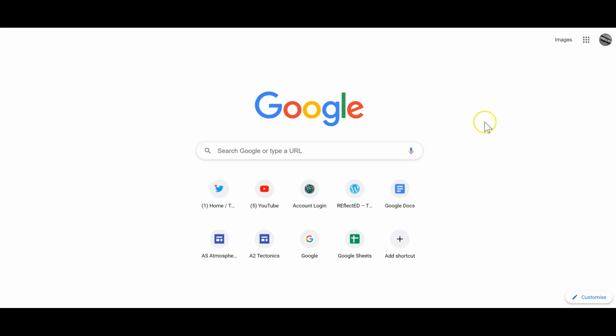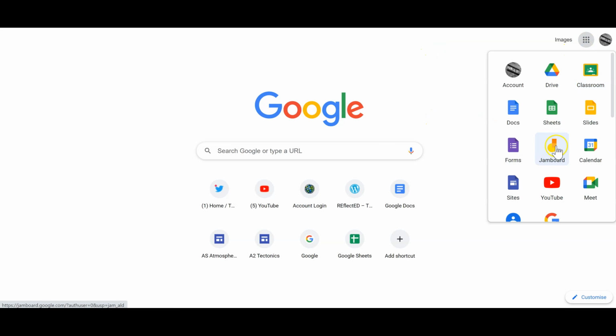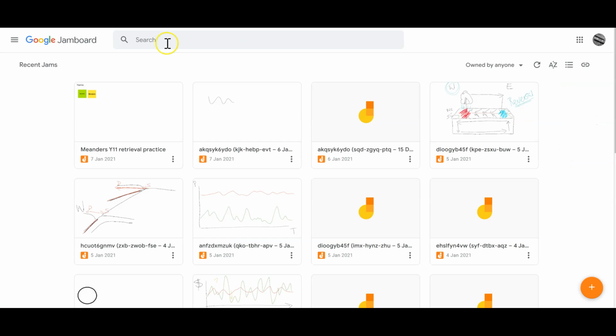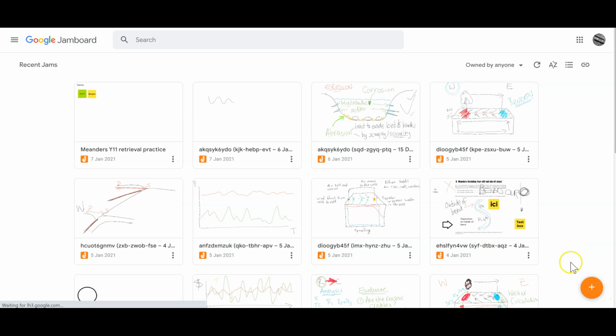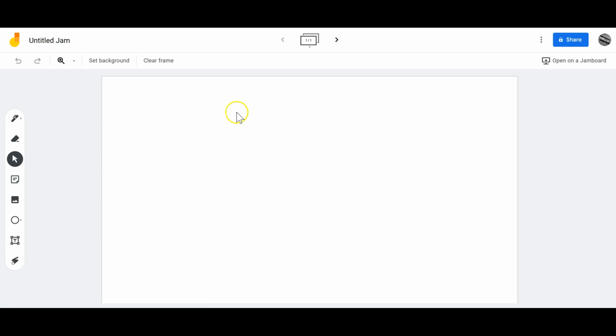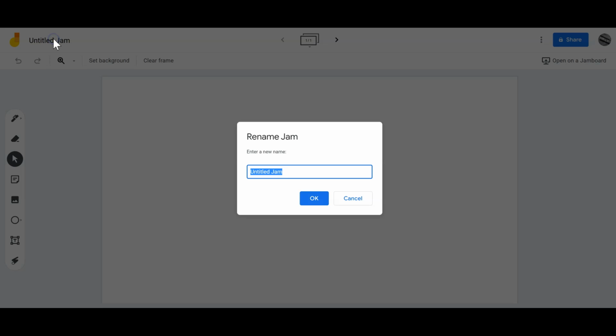So you begin just simply with your Google homepage and your little waffle at the top and select the Jamboard. Just open it up and you will discover that the Jamboard is really pretty easy to use. Like a lot of the Google things, there's just a plus down at the bottom to add a new one in here. So I'm going to show you how to set this up, really do some retrieval practice with my